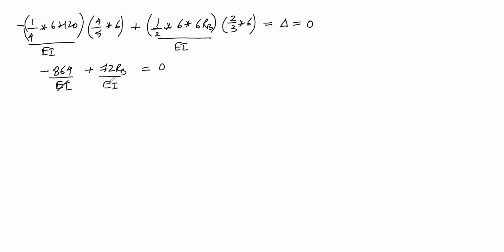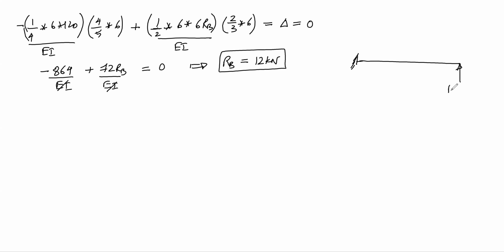So I can take EI to the right hand side, which gets cancelled, and from this equation I can determine the value of RB, which is calculated as 12 kilonewtons, right? So now we have a propped cantilever beam with reaction at B as 12 kilonewtons,